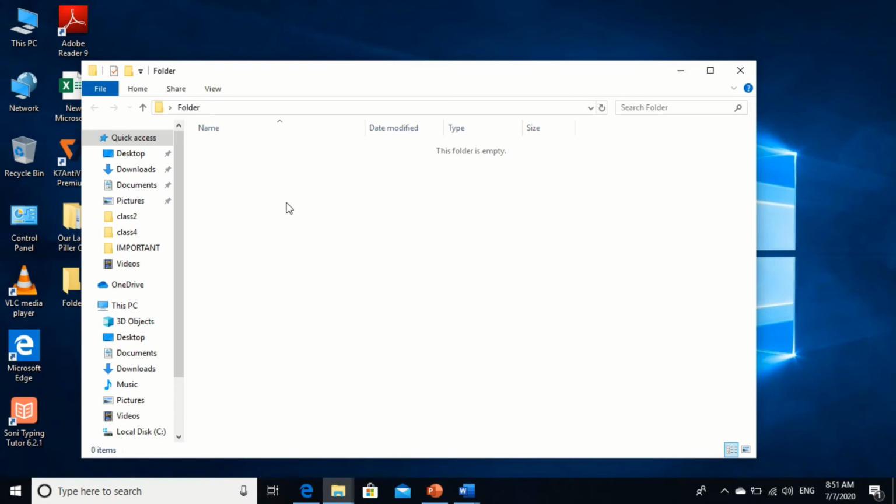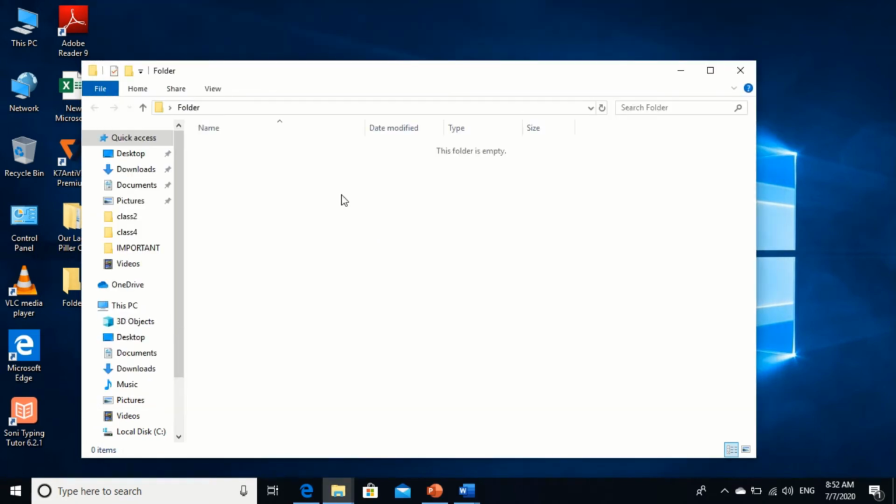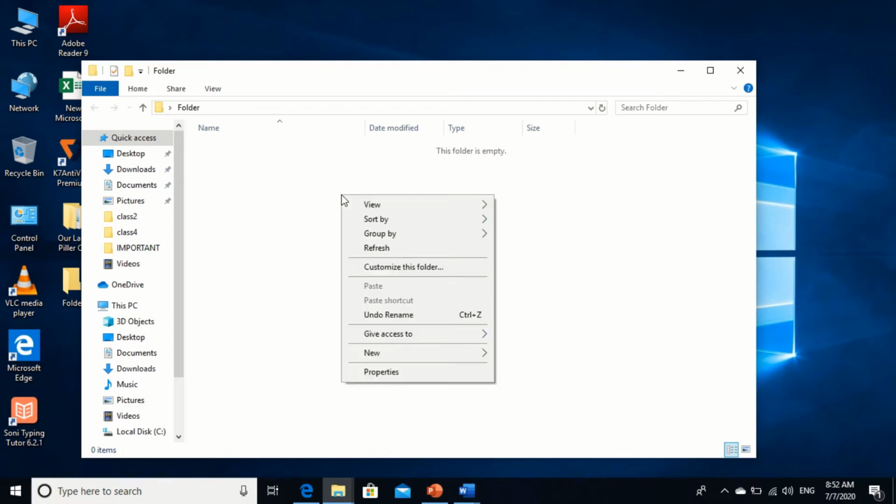Now here I am creating a file. How will I create a file? Sorry, you just need to click on new and you can store your file here.